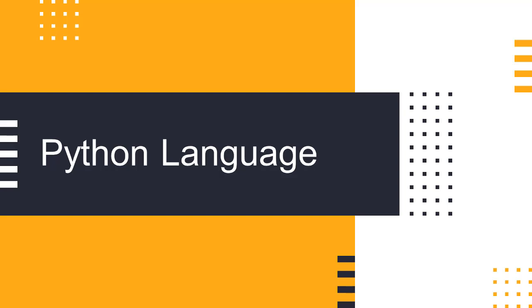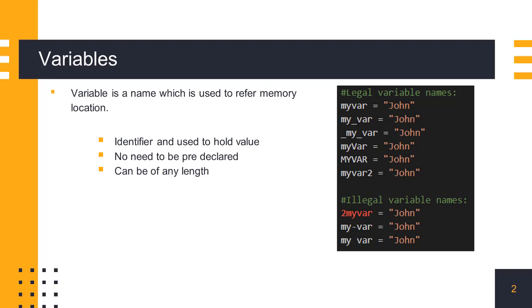In this session, we will learn the basic building blocks of Python programming language. Let's start with variables. Variable is the name of memory location where data is stored, which the program can modify